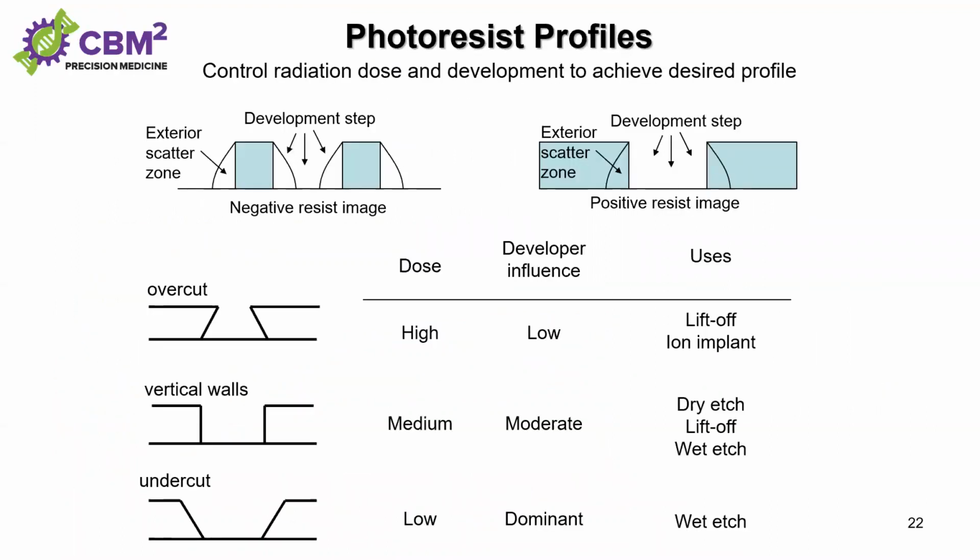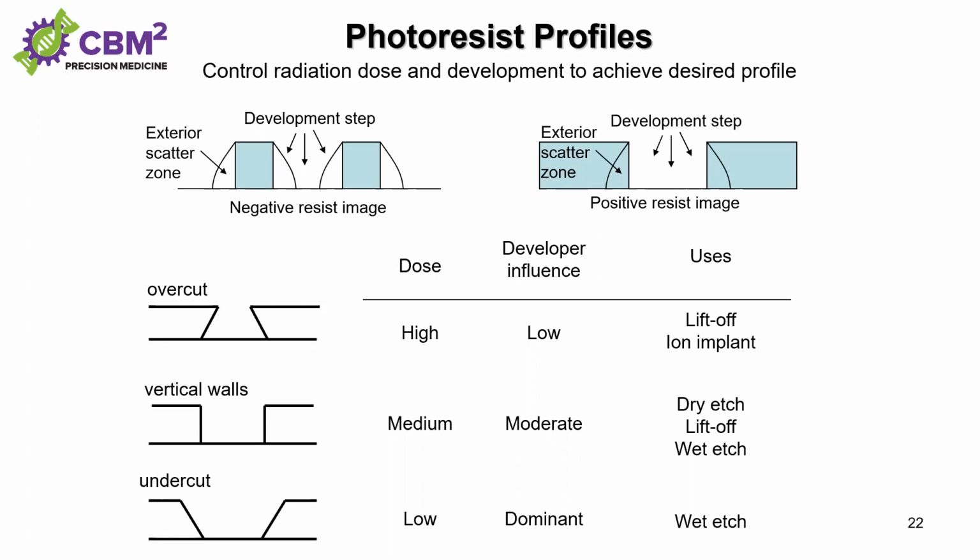So now, after you expose your resist to the light, you do the development. It means you remove the unexposed area for the negative photoresist, while for positive photoresist, you remove the exposed area of your resist. But depending on the exposure condition and also development condition, you can have different